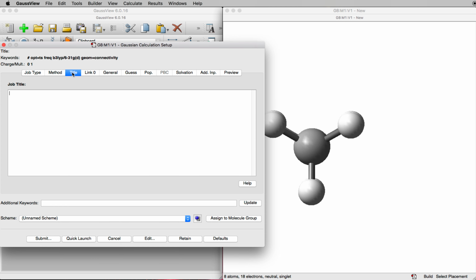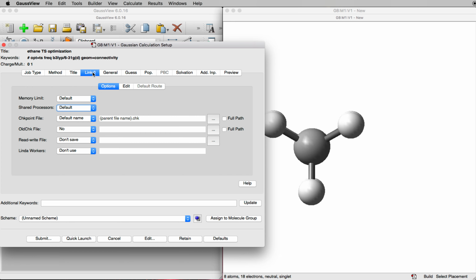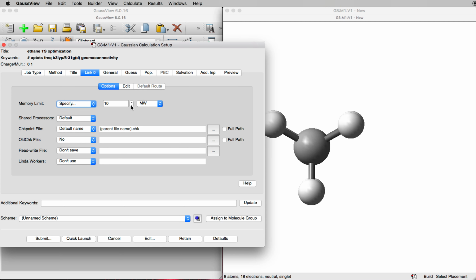Let's go to title. So this is ethane transition state optimization. For link 0, I want to specify 2 GB of RAM, 2 processors, and I will need to add some additional keywords.